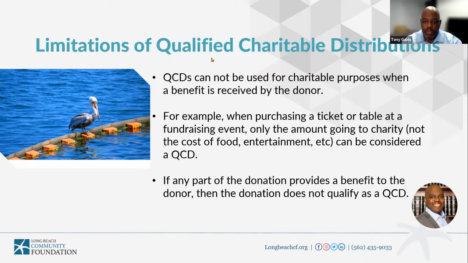And you'll need to split your donation to the organization for the amount that's entirely charitable, and then the amount that you'll receive a benefit for, because the amount that you receive the benefit for, you would either pay out of pocket or you would have to pick up in income for your RMD so that you don't disqualify the other portion. So your distribution needs to be completely charitable in order to be a qualified charitable distribution in a given year.